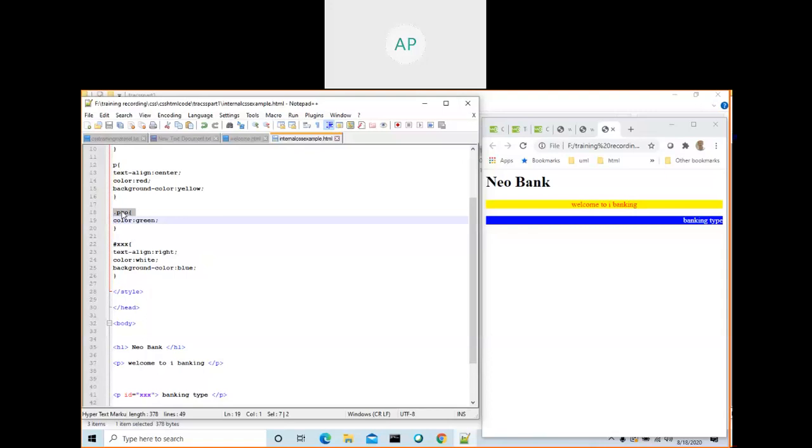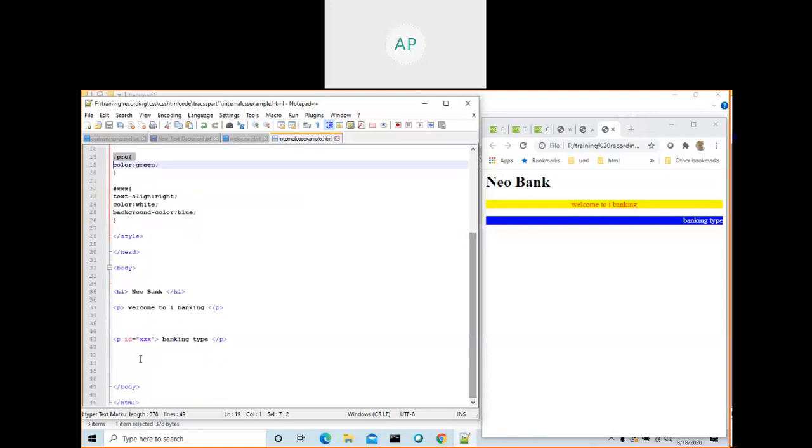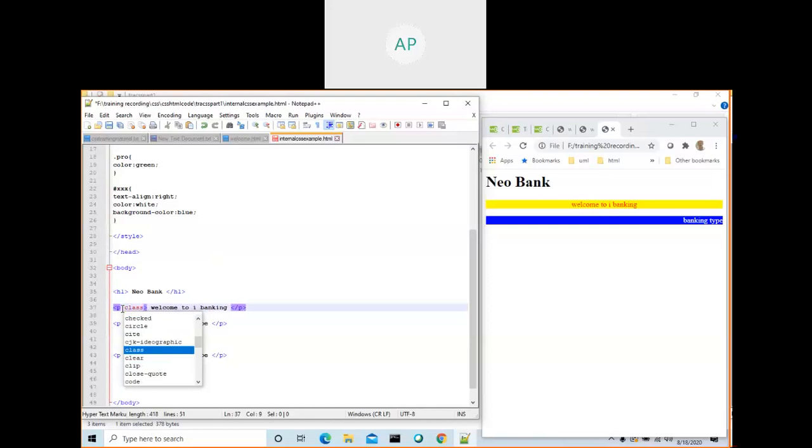Okay, you can apply a class to more than one paragraph or tag. Say for example, Control C, Control V, and this one is dot pro. Class equal to PRO. This also, class equal to PRO.